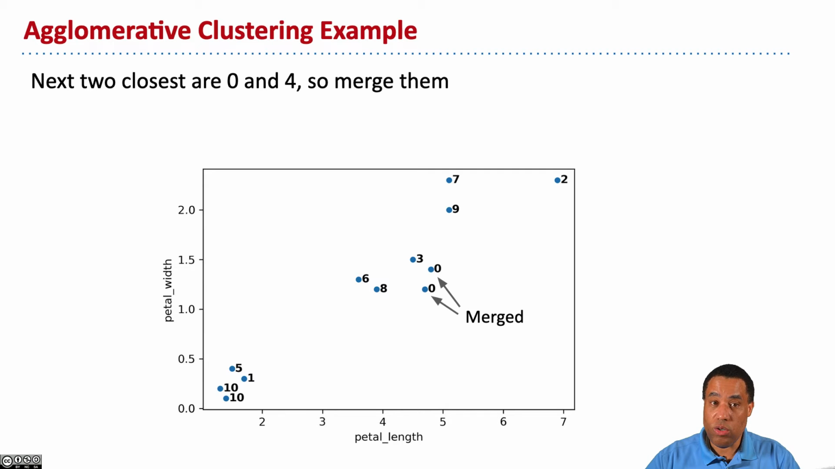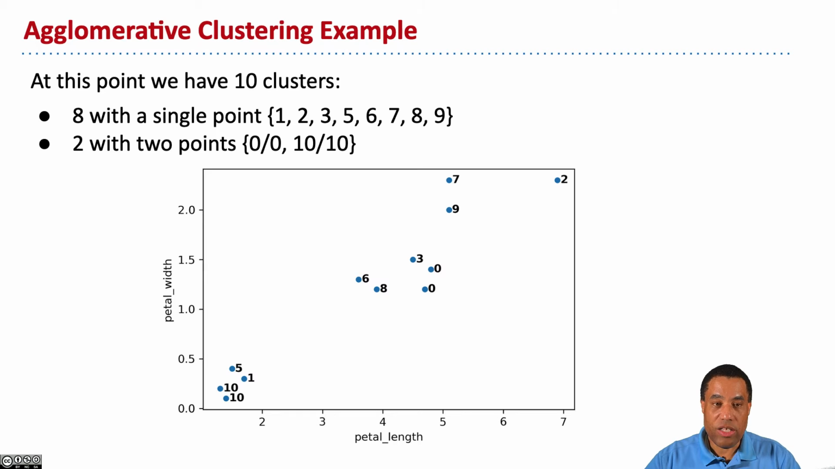So we'll merge those and we'll call that 0. Okay, so now at this point, we have 10 clusters, 8 that have a single point, 1 through 9, and 2 that have 2 points. So the cluster 0, 0 and 10, 10. So now, tricky question. If we look at all of these, or let's actually just look at a subset of